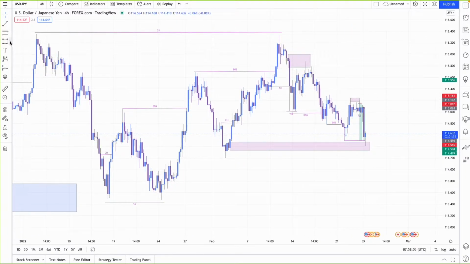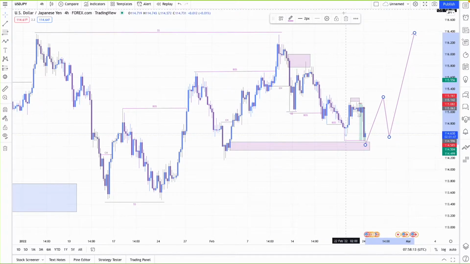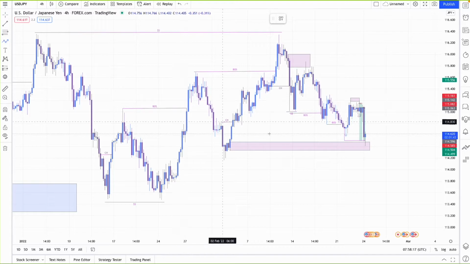And so this is a relevantly important 4-hour demand level, which I was expecting probably we'll see. And then price can do, of course, always one of two things. If this level holds and we have a change of character, I'm expecting these highs up here to be ran as liquidity. But with everything going on in the global economic sphere right now, and currencies, we're seeing a decline. We don't know how it's going to play out, so it could just be literally this,